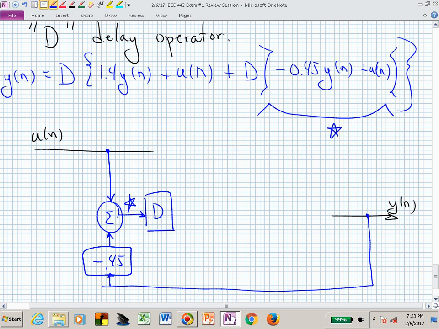And if I delay that, coming out, I'm now going to add to that the next two terms that go into a delay block. Meaning now I need to come out of here and have those go into a delay block. And now all of this needs to create the input